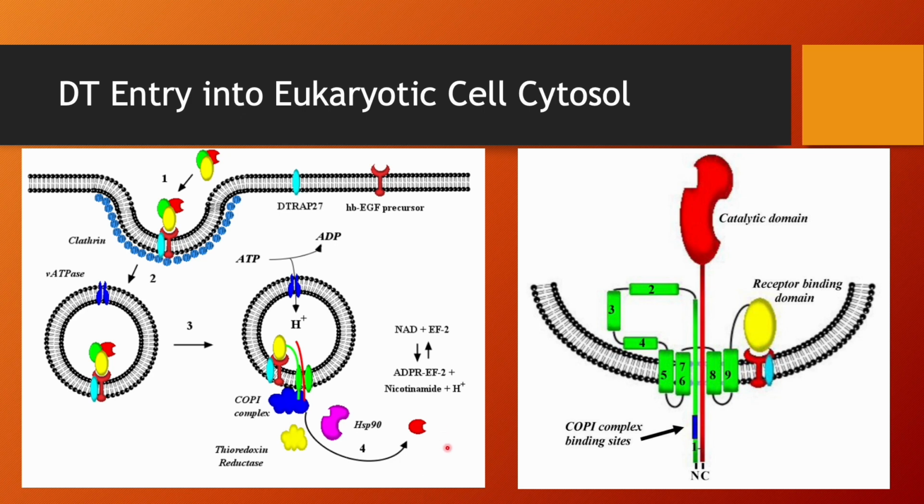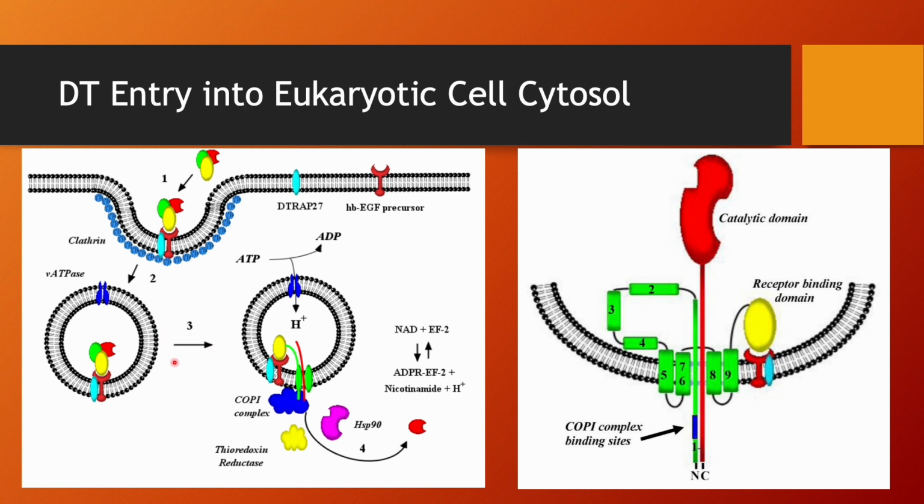Okay, so here's a visual representation of diphtheria toxin entry into eukaryotic cell cytosol. So here in the red you have the catalytic domain, here's the green, the transmembrane domain, and yellow is the receptor binding domain. So diphtheria toxin binds to its cell surface receptor and is internalized into the early endosomal vesicle, shown here. Upon acidification of the endosomal lumen, shown in step 3, the transmembrane domain of the toxin undergoes a